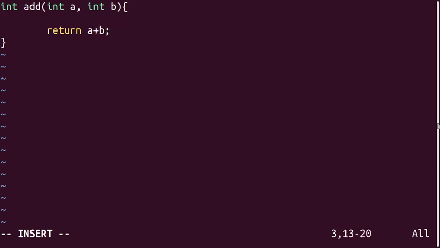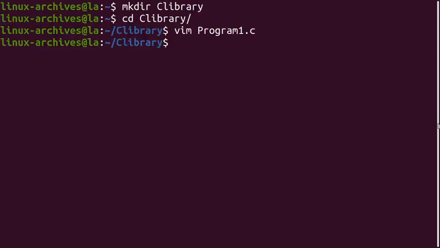As you can see, this function has return type int and has two parameters and has one return statement which returns the addition of two numbers. Let's save the file. Now we will write a header for this function.